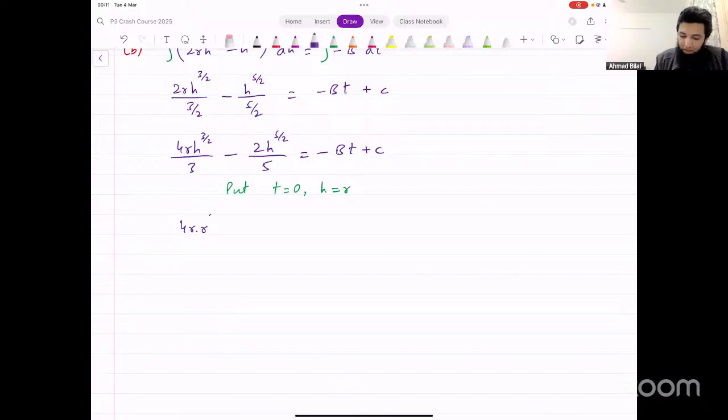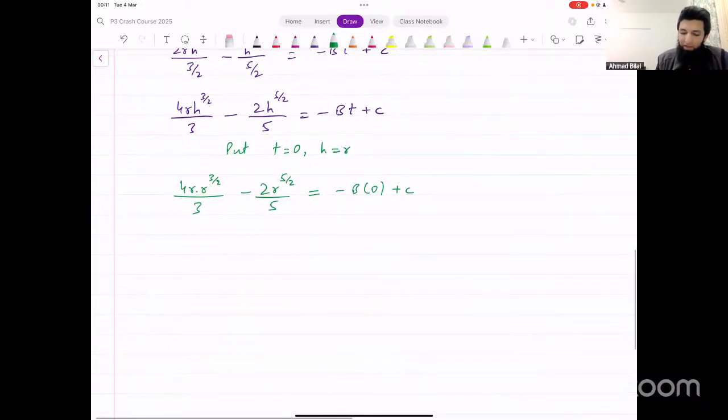4r into r raised to the power 3 over 2 divided by 3 minus 2r raised to the power 5 over 2 divided by 5 equals minus b times 0 plus c. And that will give us the value for c. We have 4r raised to the power 5 over 2, right? r raised to the power 1 and r raised to the power 3 over 2. It becomes r raised to the power 5 over 2 divided by 3 minus 2 over 5 r raised to the power 5 over 2. That equals c. And that will give us c equal to